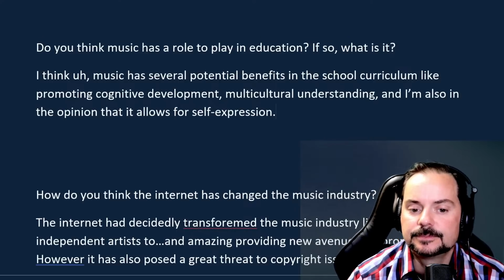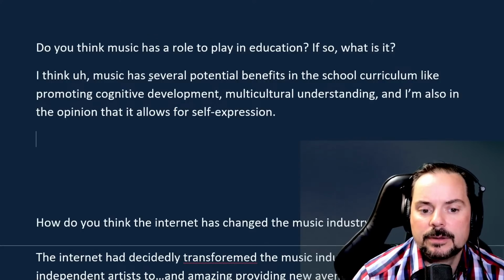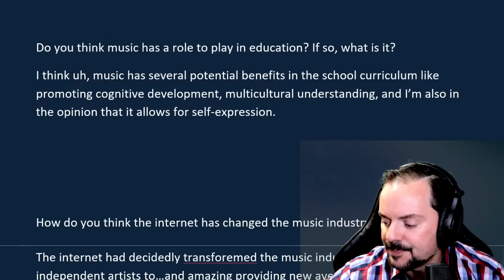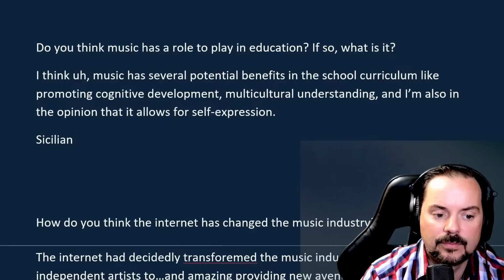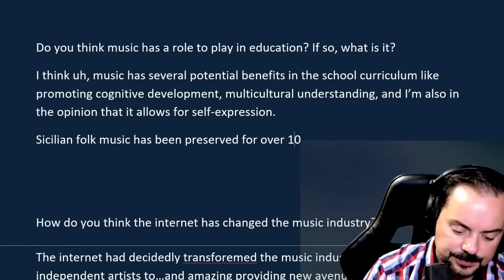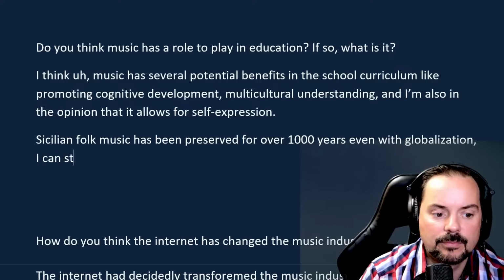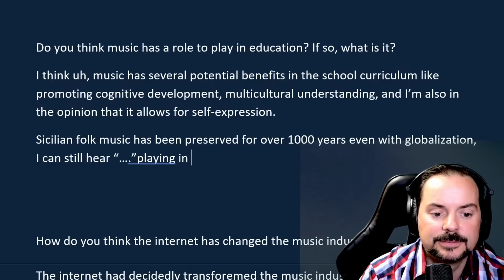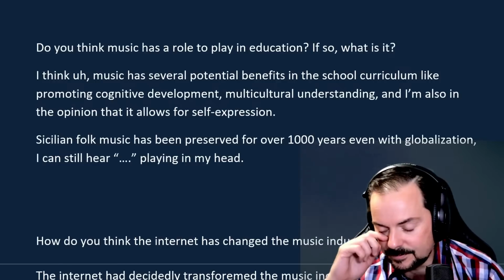Folk music symbolizes the diverse, regional music, like in Italy. For example, in Sicily we have folk music, which has been preserved over the past 20 years despite globalization. So it's part of our daily life. We can't detach ourselves from our traditions. I know that in many other countries they let people maybe perhaps let music from different styles